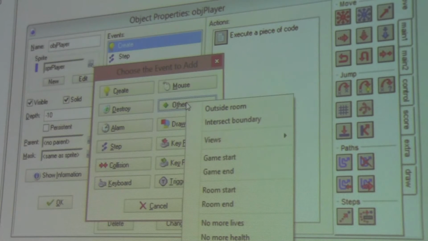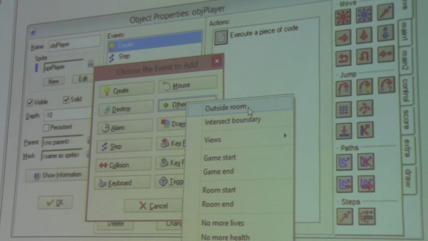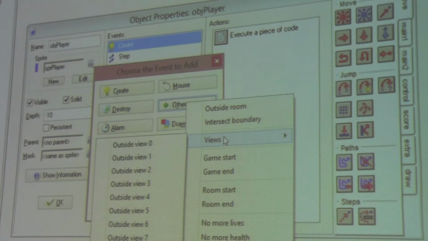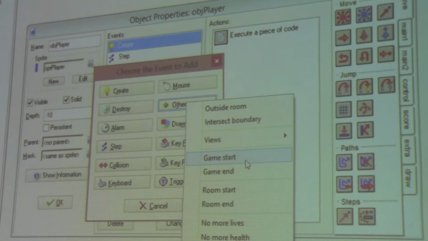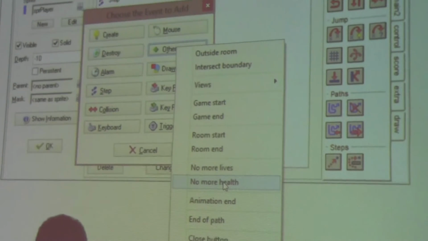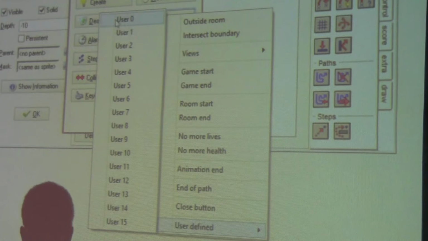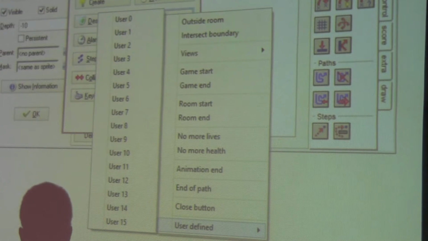Other is various miscellaneous things that can happen, whether the object leaves the room or intersects the boundary with the room, and then all of the various views. I'll talk about views when we get to rooms. Game start, game end, all of these. They're fairly odd, specific ones. And then there's the user-defined events, which you can set up and then call whenever you feel that event needs